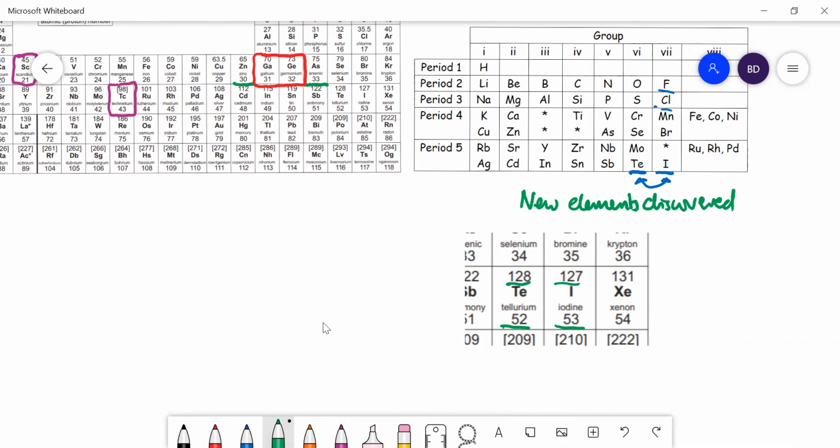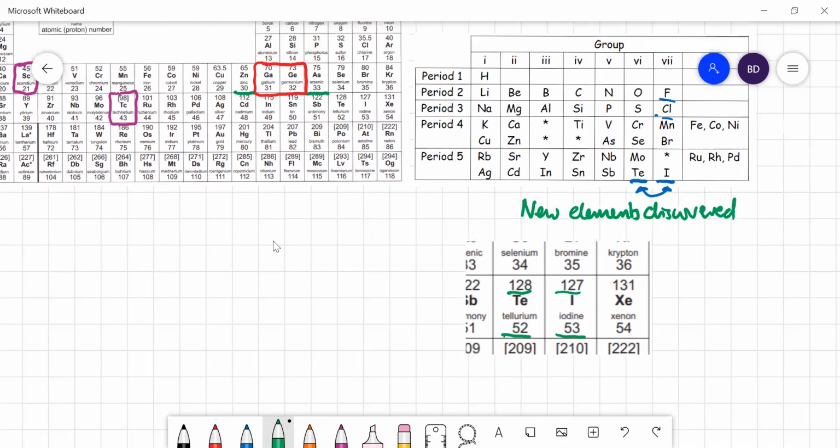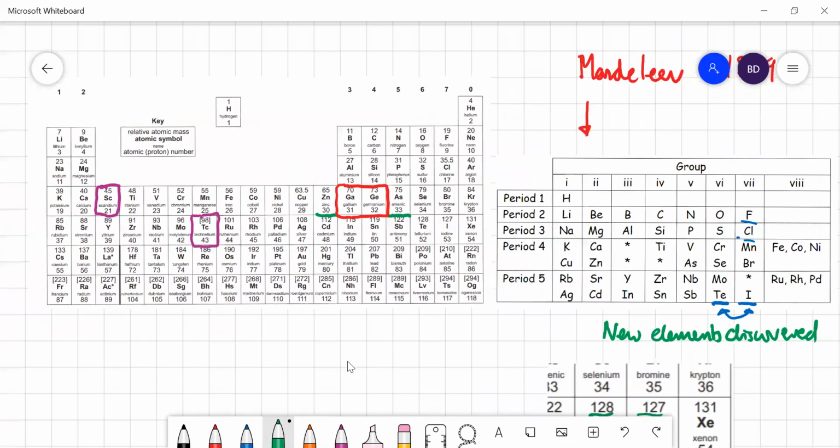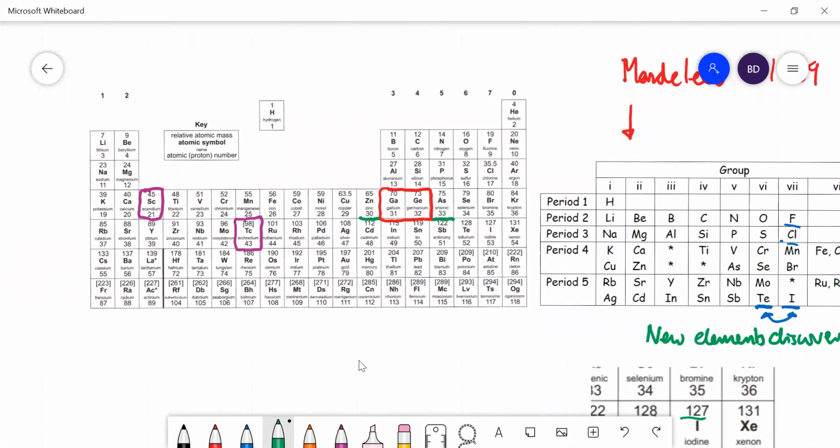If you look at the rest of the periodic table, if you put the elements in order of atomic mass or proton number, the order is the same, except for a couple of exceptions here with Te and I. They're an exception. And I'll show you one more exception, with more familiar elements to us. We've got argon, which has got a mass of 40 and atomic number 18, and potassium, which weighs less. It's only 39. Now Mendeleev didn't notice that mismatch because